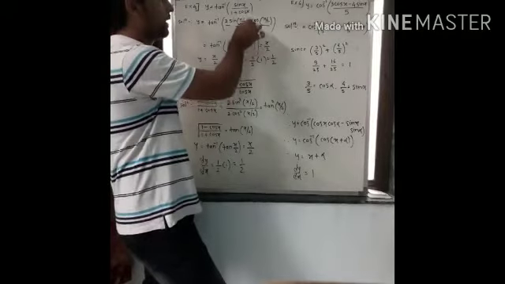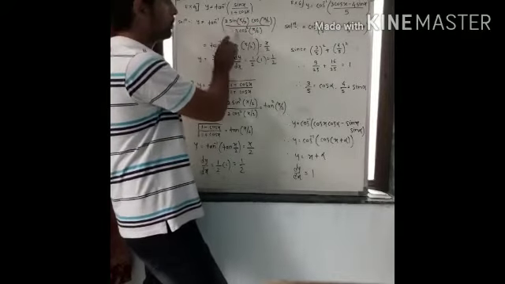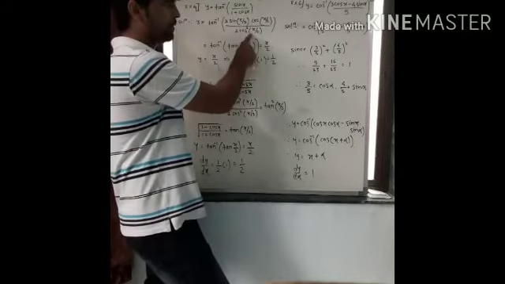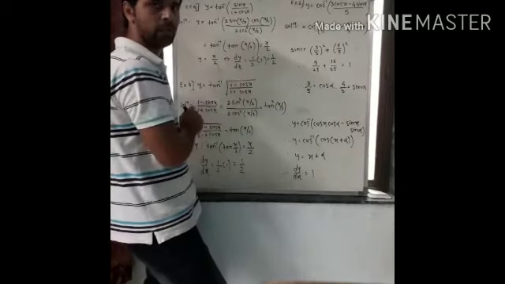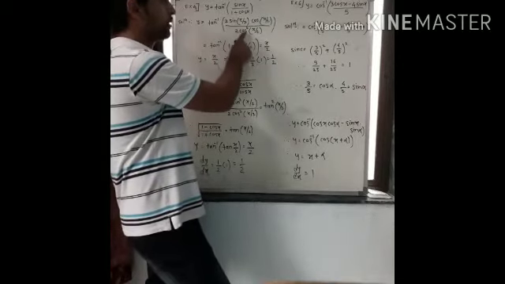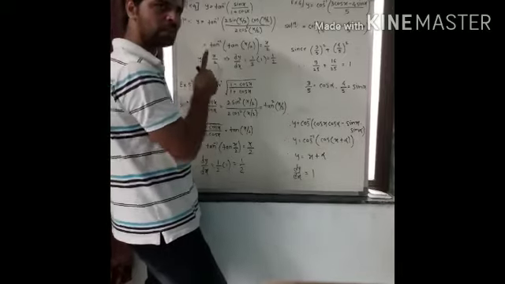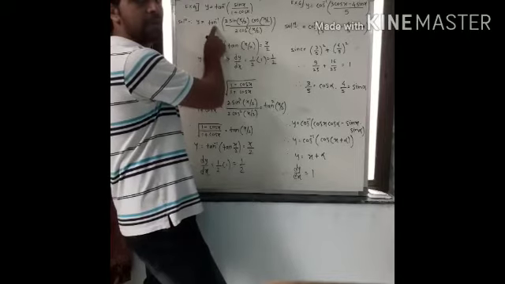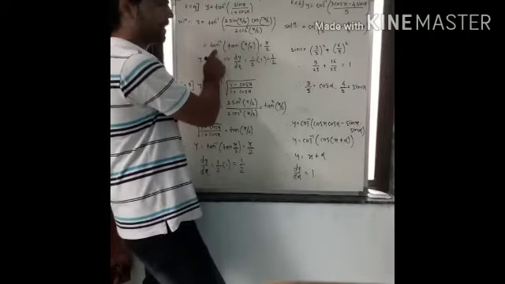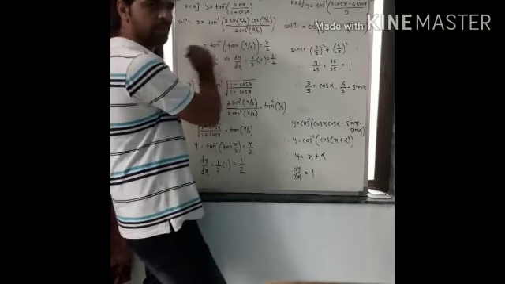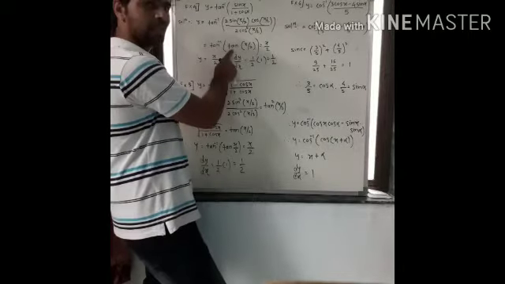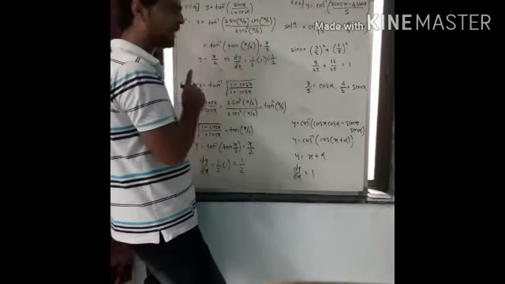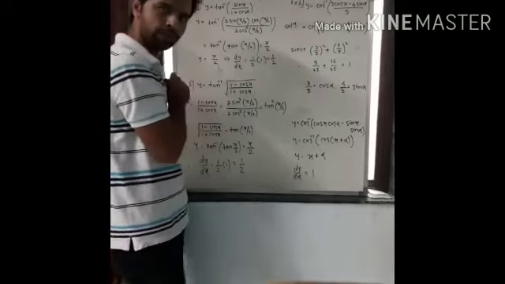Now in this total fraction, this 2 and 2 we can cancel out. Cos x by 2 from numerator and denominator we can cancel out. So what we are left with? Sin x by 2 upon cos x by 2. Sin by cos is nothing but tan x by 2, right? Now outside the bracket tan inverse is always there, so this tan inverse we can write as it is. Sin by cos becomes tan x by 2, right? So tan inverse we can cancel with tan, so what are we left with? X by 2 only, right? So your new defined function is y equal to x by 2, right?